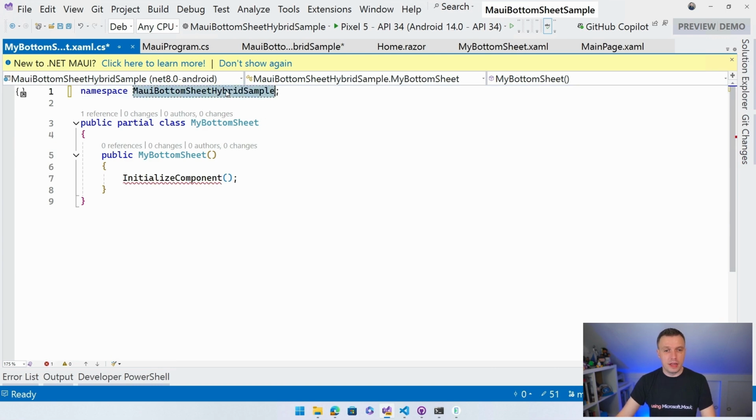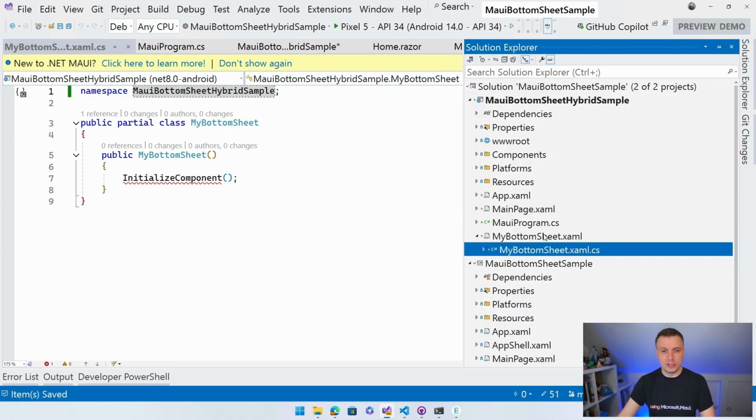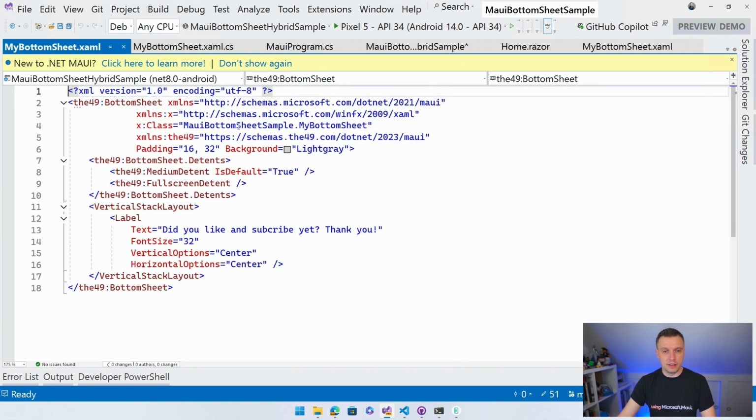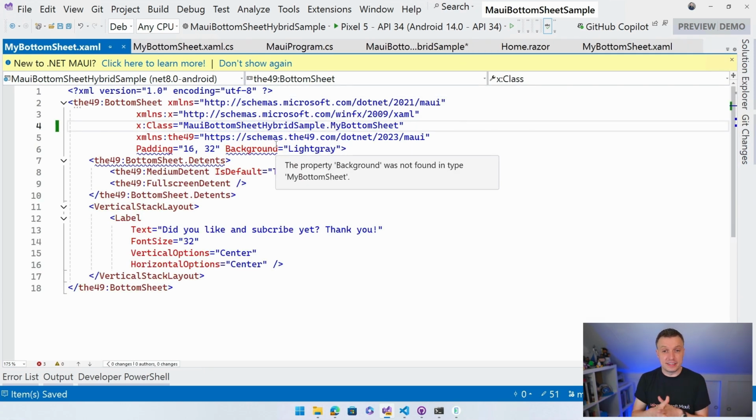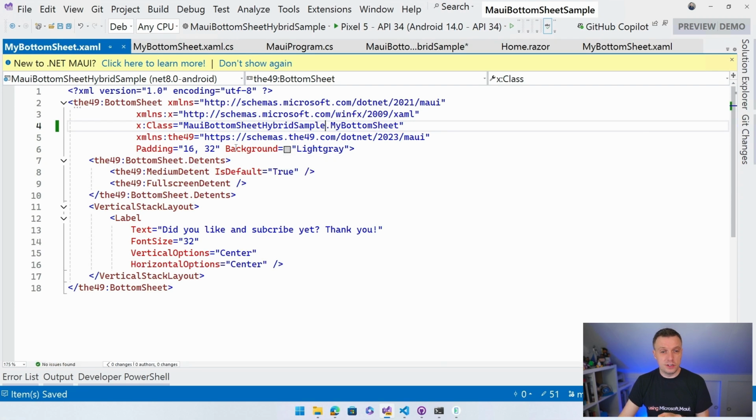Here we go. And that means I also need to do that in XAML, right? So let's go to XAML right here and update this one so that it's all in the same namespace. And now I'm going to use the exact same page right here that I can now also view from my Blazor hybrid application. So we got all this. You can see all the IntelliSense helpers are going away. I got all this. And what I can do now is actually go into a Razor page.